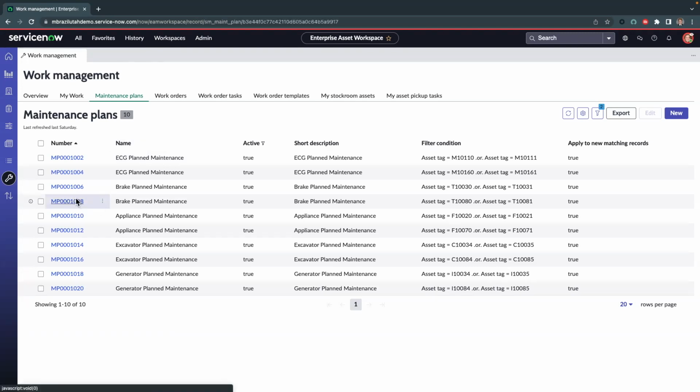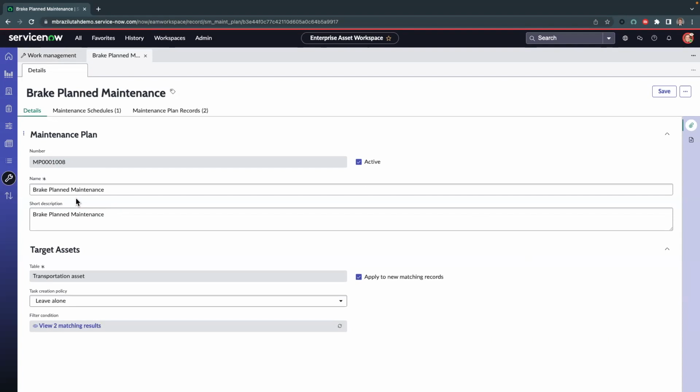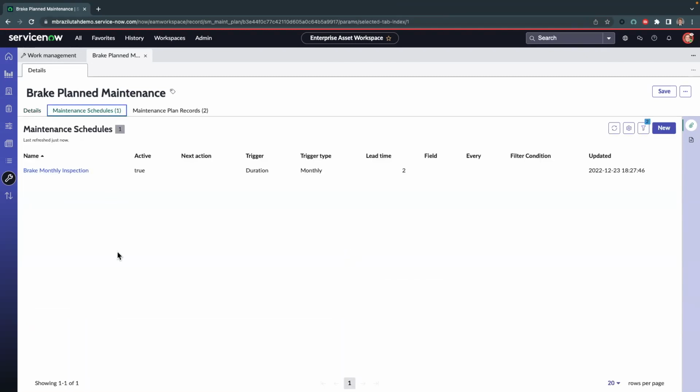I'll go ahead and get us into one of these plans, specifically a maintenance plan for brakes on transportation assets inside of the environment. And we're going to be able to see that this plan is active in the environment and what assets are targeted under this plan. And we can see specifically what table is being associated. As part of building out this maintenance plan, we're going to be able to associate a schedule